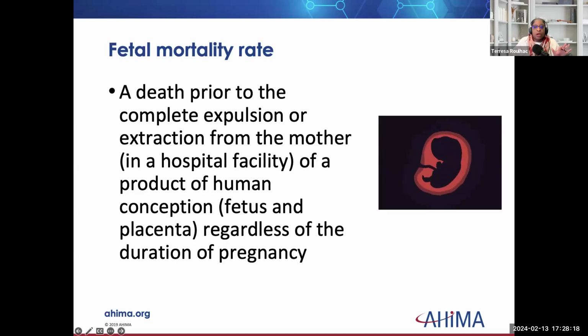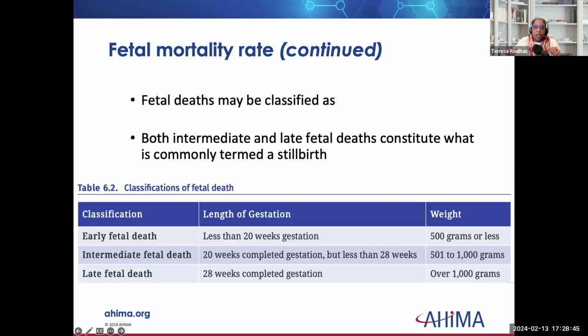We're also breaking down fetal death. Now, we're talking about products of human conception, fetus and placenta, that don't show signs of life after being completely expelled. And I hate the terms, but this is expulsion and extraction. Fetal deaths are not considered patient deaths and they are calculated separately. So just keep that in mind. Okay. Another thing that you're going to get emailed today,